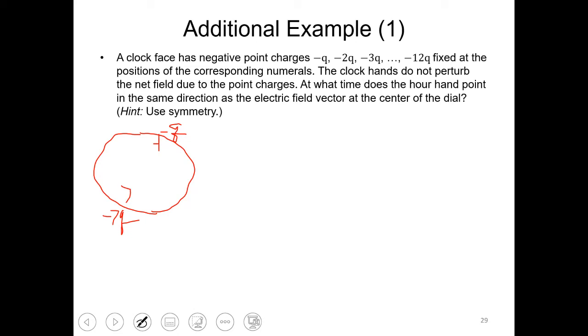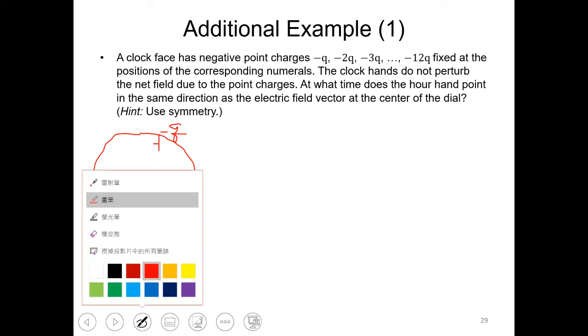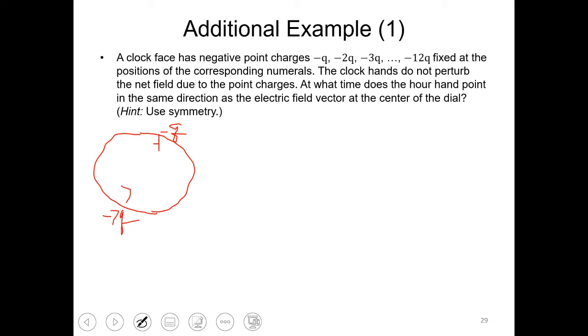So in this case, the negative Q charge will generate an E field pointing to the 1. And for the minus 7Q, it will point to the 7. But this is 7 times larger because